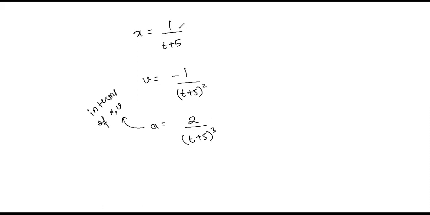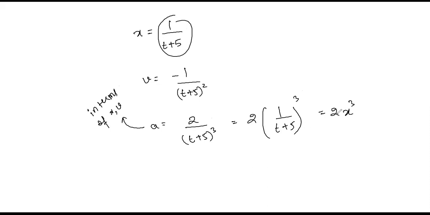So we have x is given as 1 by (t plus 5). So we can write here 2 into (1 by (t plus 5)) to the power of 3, right? Which is nothing but 2 into x cube. See, right? 2 into x cube. Another way of expressing acceleration in terms of velocity, right? So from here we can have 1 by (t plus 5) squared is nothing but,